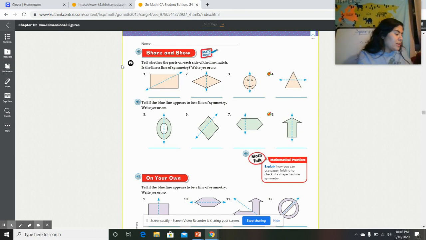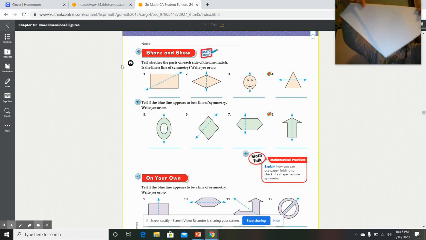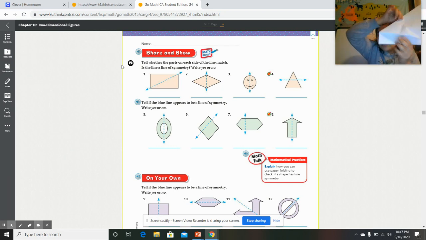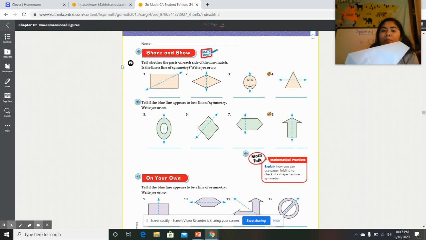So for example, the first one, I have a piece of paper here. Now, it's a little wrinkled, but if I took this paper, which looks almost identical to that rectangle, and I folded it diagonally like it does there, do I have two equal parts? If I had two equal parts, there wouldn't be this overlap here, this extra piece of paper that does not have a matching side. So that rectangle right there most likely does not have line symmetry,